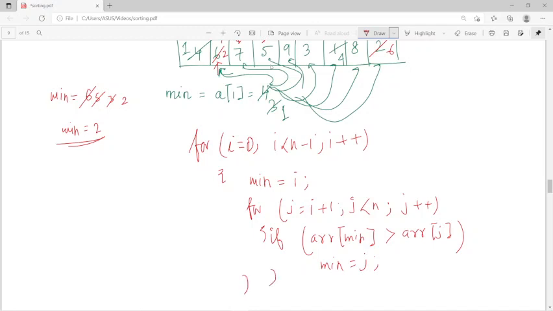So this is the loop. After completion of the j loop,